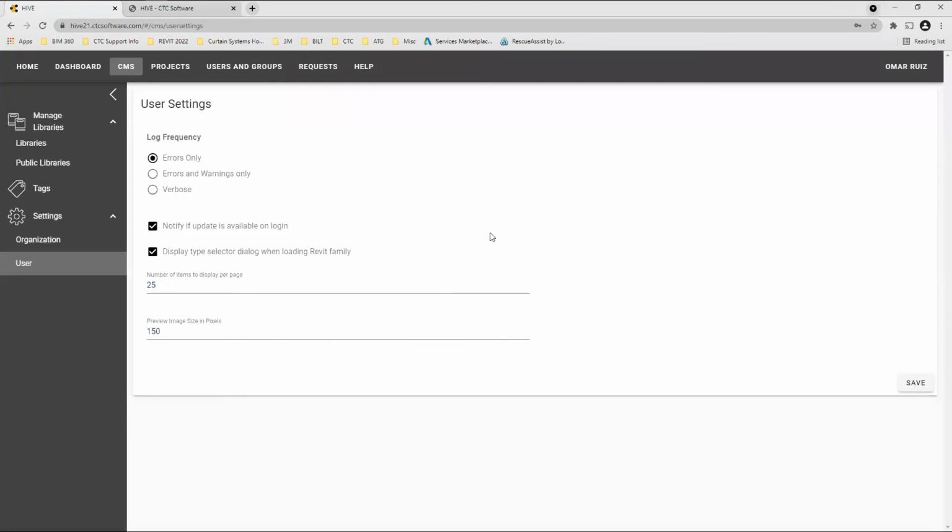So any questions so far up to this setup process for Hive? Okay,